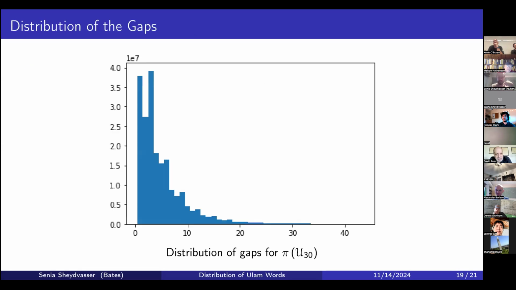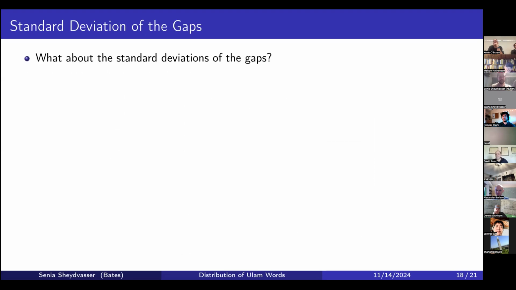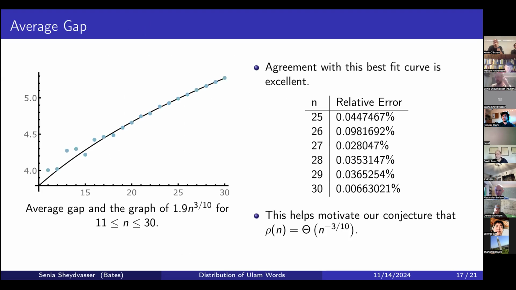Well, I will say that it does not feel to me like this is in any way overfitted, right? Because it would be one thing if I had to choose this constant with some huge number of decimal points, but I don't. It's just like 1.9, and then 3/10. I mean, you're right. Maybe it is different, but